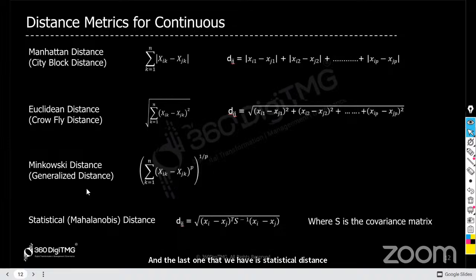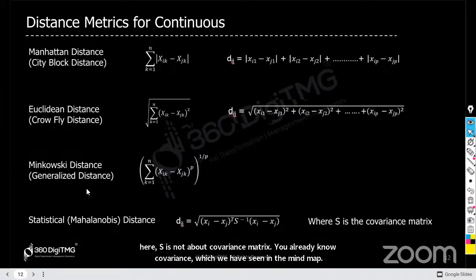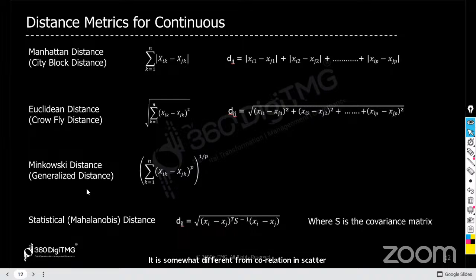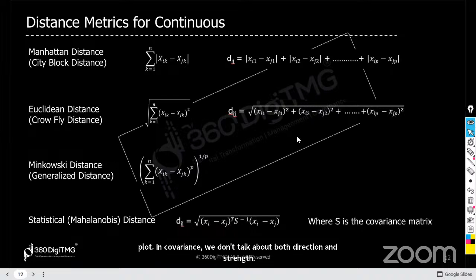So here, S is nothing but the covariance matrix. You already know covariance, which we have seen in the mind map. It is somewhat different from correlation in a scatter plot. In covariance, we don't talk about both direction and strength. So we have talked about this before. Now,